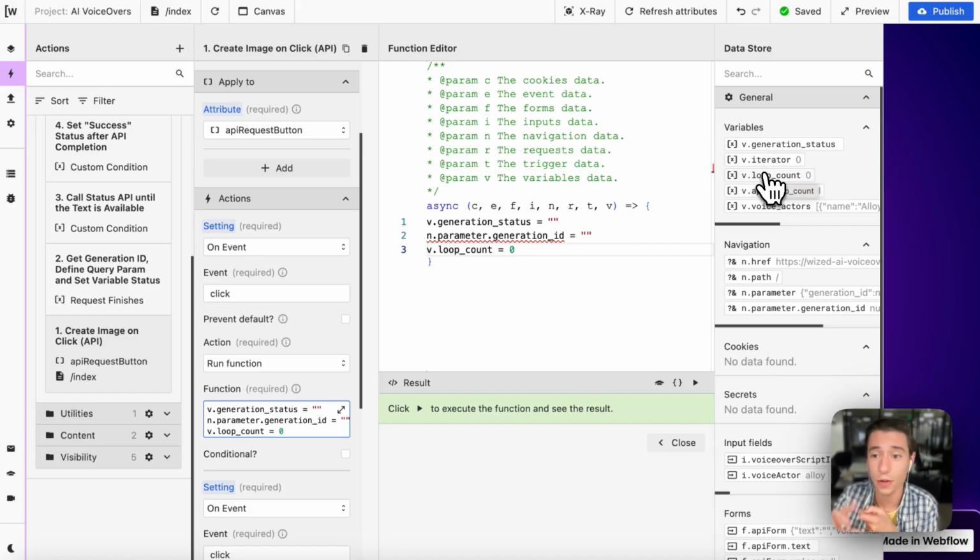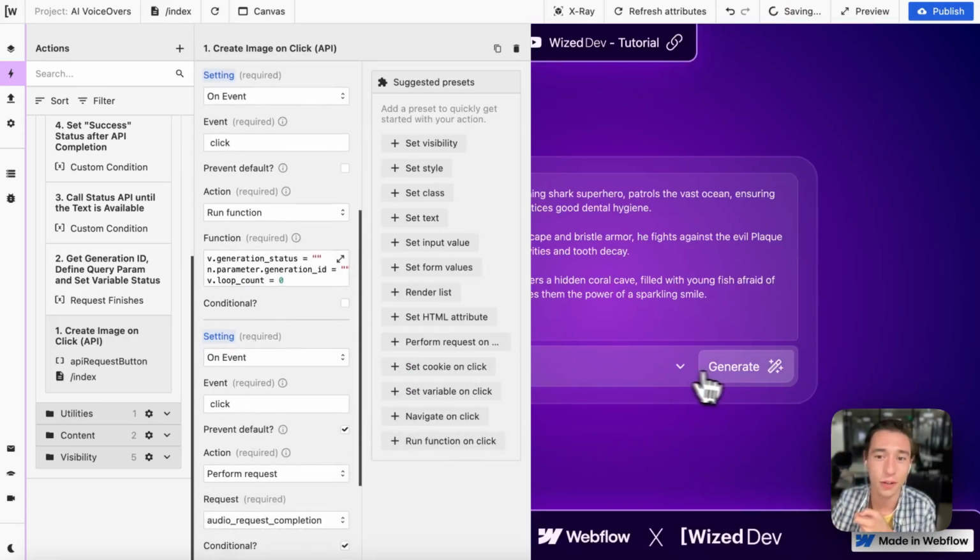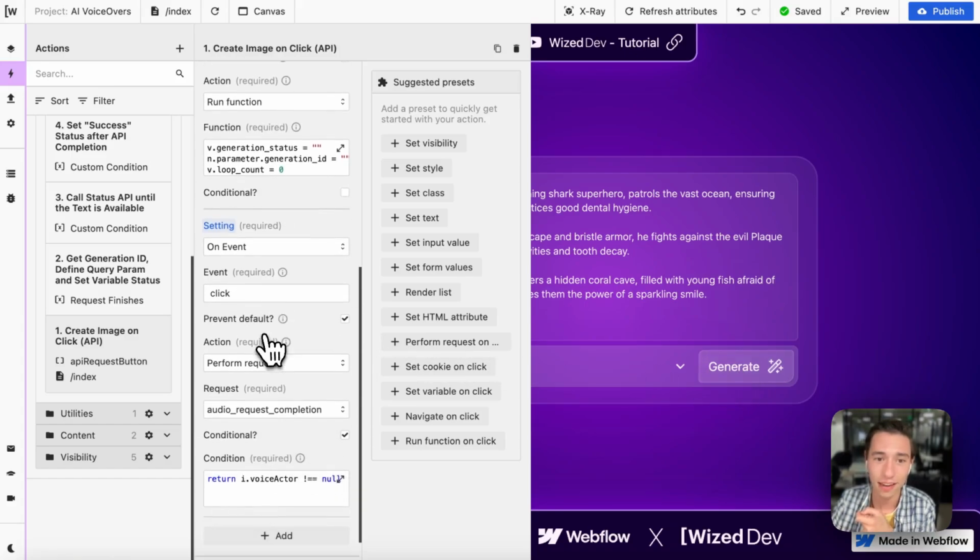And I made a whole video on what the loop count is and how to prevent an endless loop, and it will also be in the video description. So we're going to clear it first, and then we're going to unclick again and prevent default, perform the request of audio request completion. So we're going to send our first API call to Xano